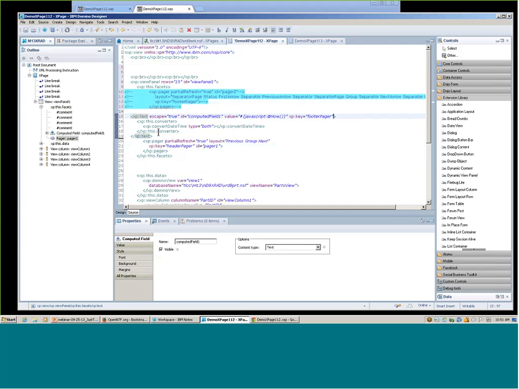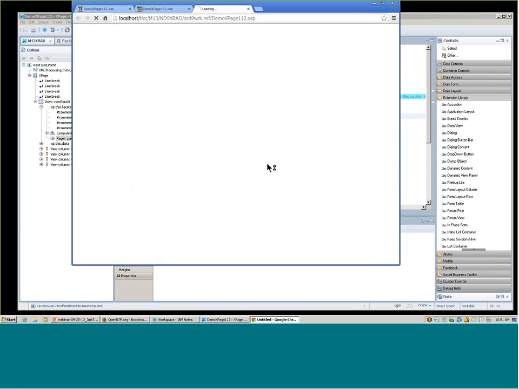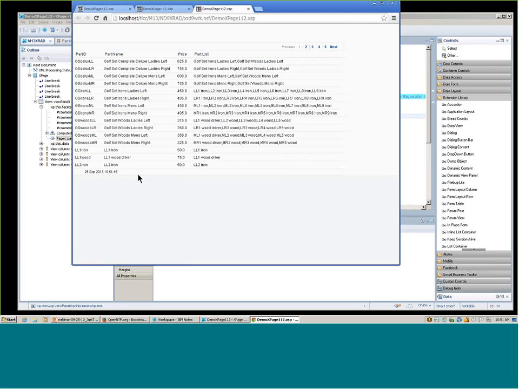So I've moved my computed field control in between the facets tags, and I've given it the xp:key footerPager, indicating I want that in the footerPager facet. And now when I preview this, that's what I'm getting. I'm getting my computed field control in my footer facet. Okay,